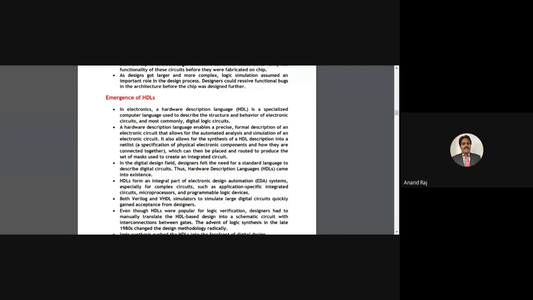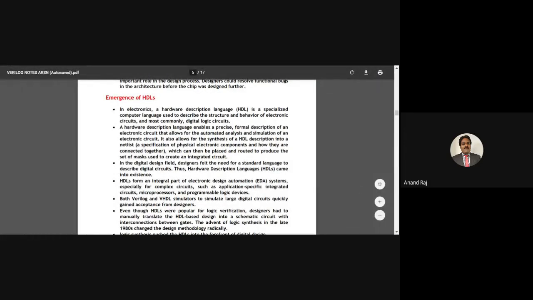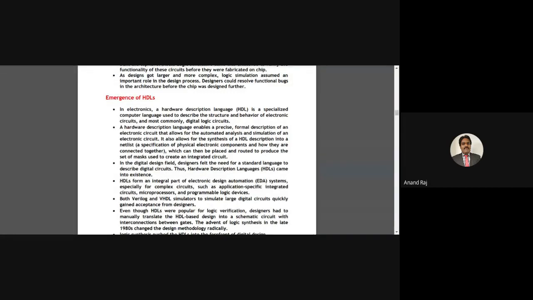So these CAD tools are of great significance. Why? Because if you have Verilog HDL installed in your computer or laptop, you can create your own virtual lab. You can do whatever you want. You can create a full adder, a half adder, many circuits. You can also design a dice game using Verilog. So I'll show you a video related to the importance or significance of Verilog.